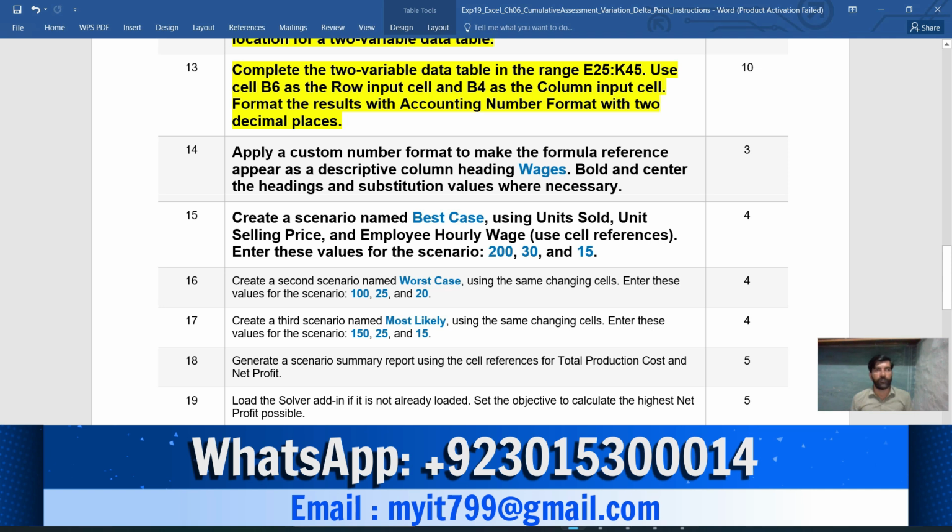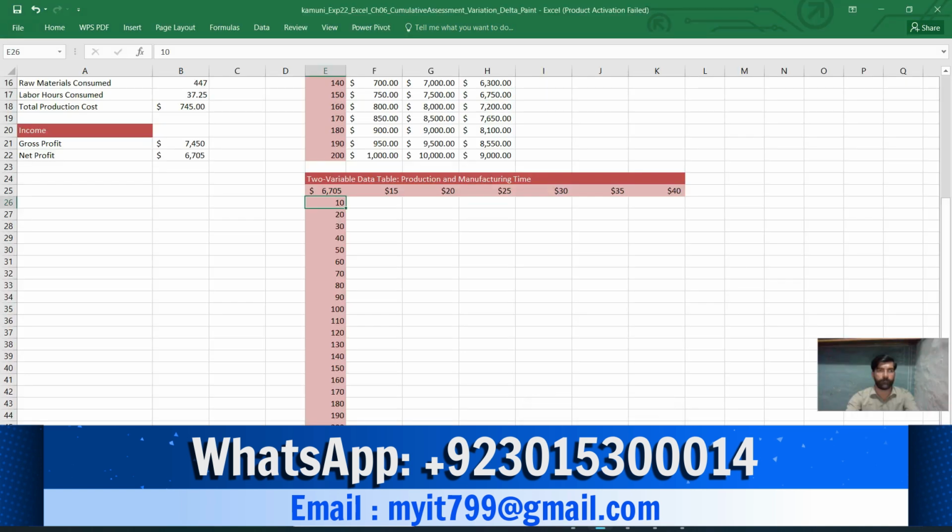Once again we have to use What-If Analysis, with B6 as the row input and B4 as the column input, and the table should be completed from E25 to K45.